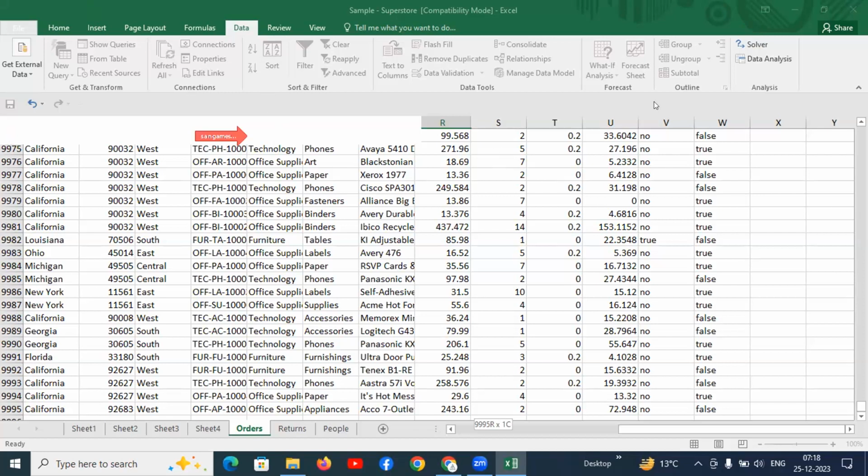Use your Control Shift and Delete. So did you click on Control Shift Delete? I did, sir, but